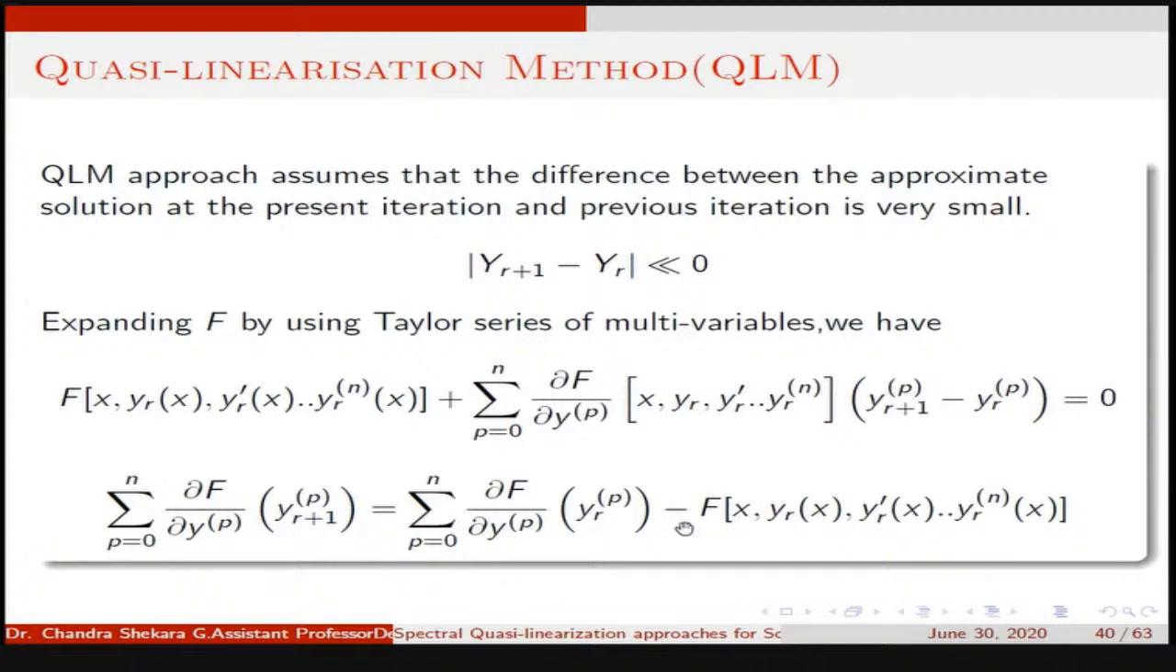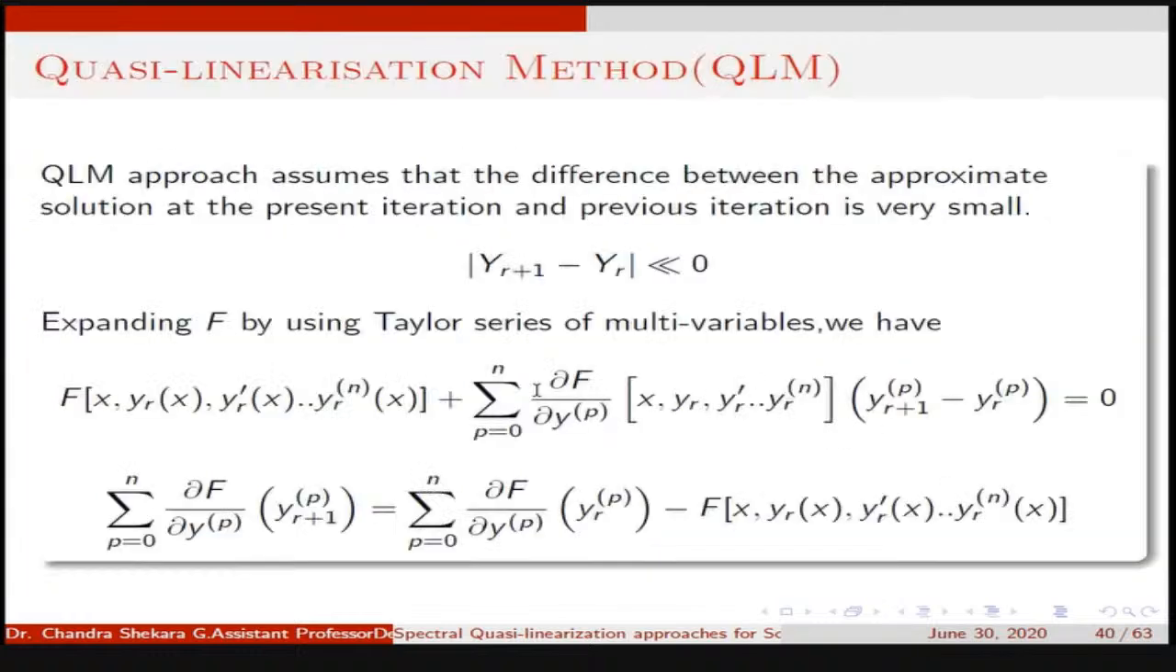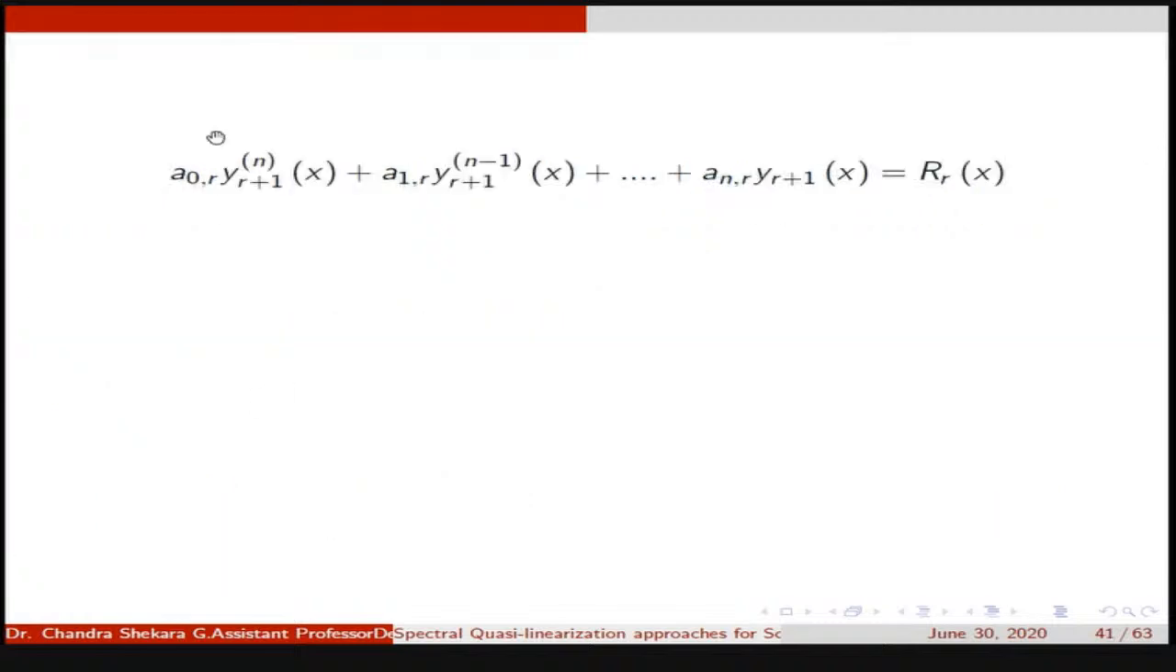Once you have a linear differential equation, you can use the quasilinearization approach to solve it. You can write it in a more compact form. Just expand the summation on the left-hand side and write ∂f/∂y^(p) as the coefficient of y_{r+1} in the following form: a_0r y_{r+1}^(n) plus a_1r y_{r+1}^(n-1) and so on up to a_nr y_{r+1}, the non-derivative term, equal to R_r(x). This R_r(x) is a linear term and is known at the present iteration. So only the left-hand side contains the values of the next iteration. Hence